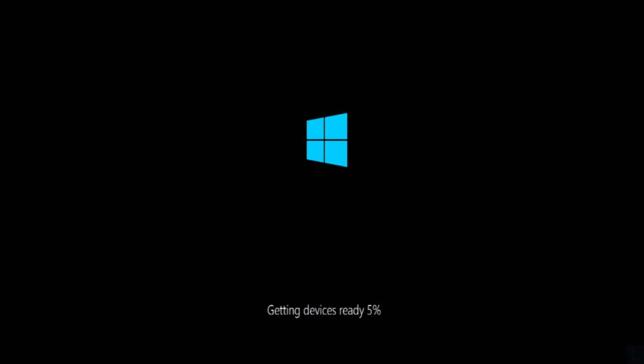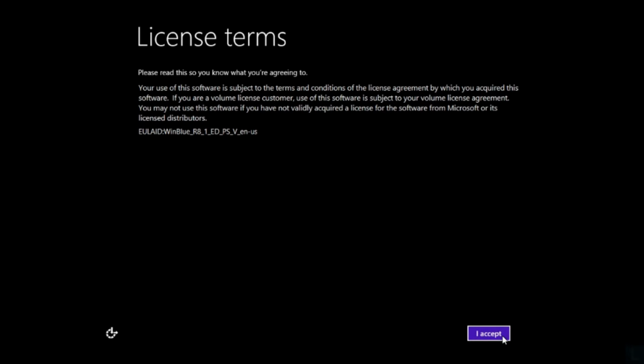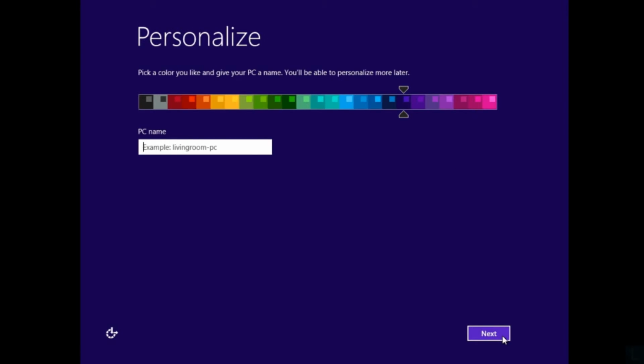When the reset finishes, your system will be rebooted and it will configure Windows as if you are installing Windows. On this page, select your country and time zone and click Next. On License Terms, click I accept to continue. On Personalize, enter your computer name and click Next.